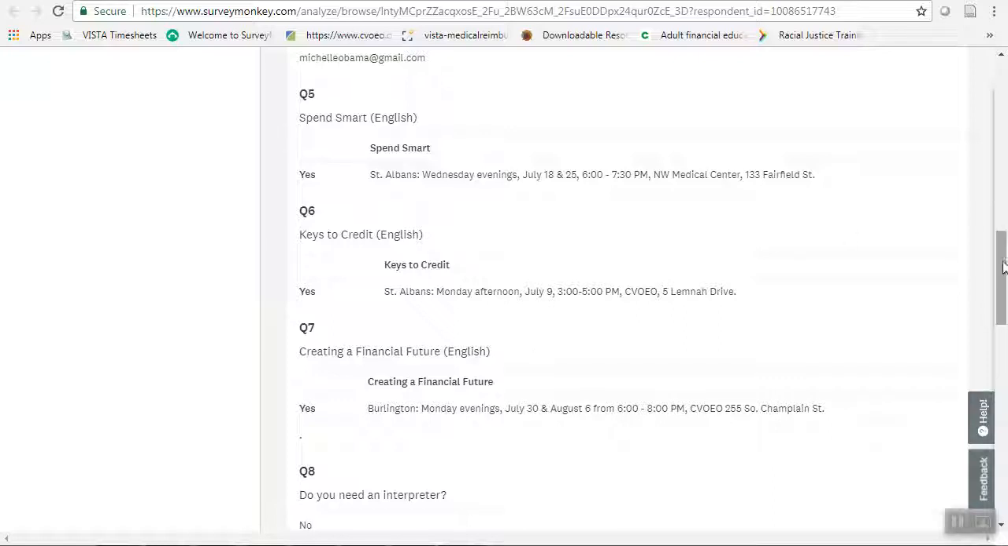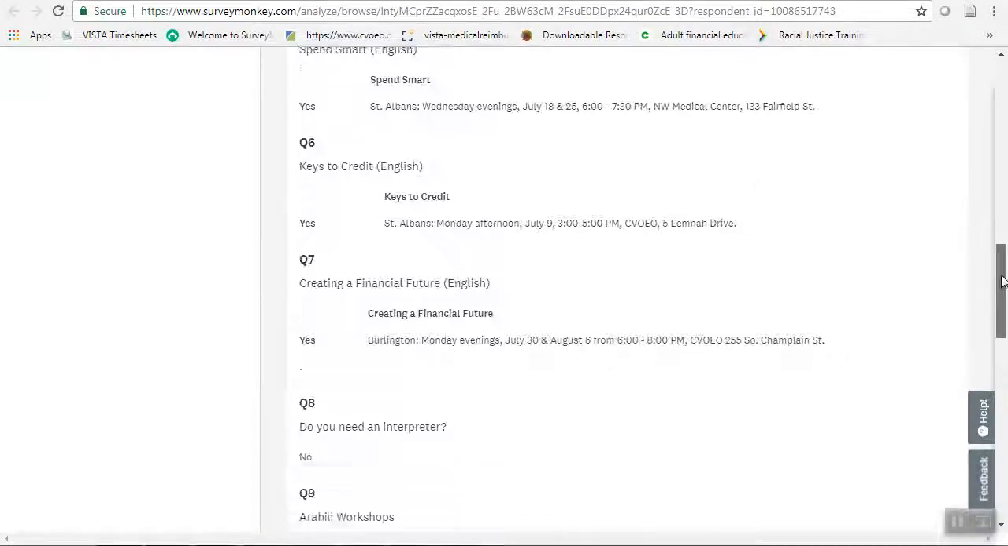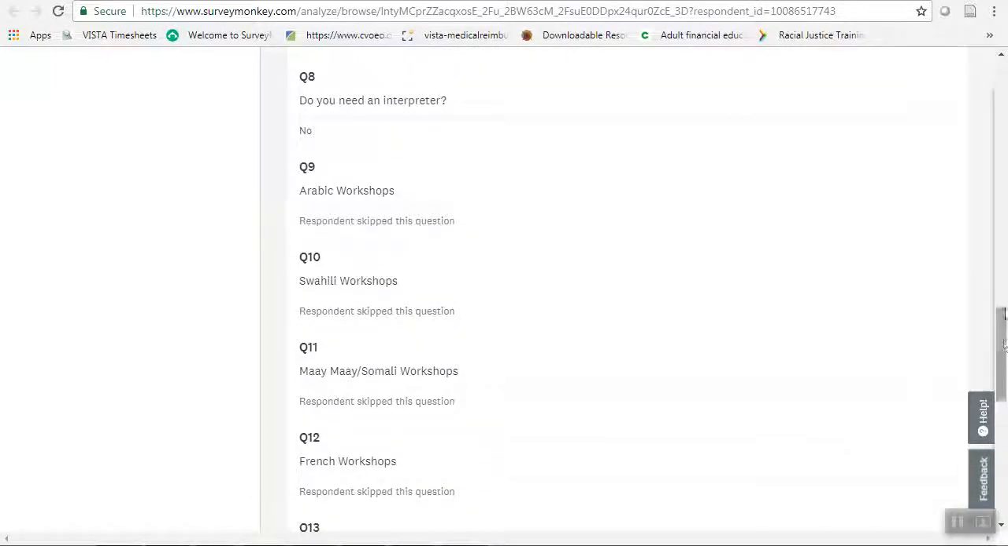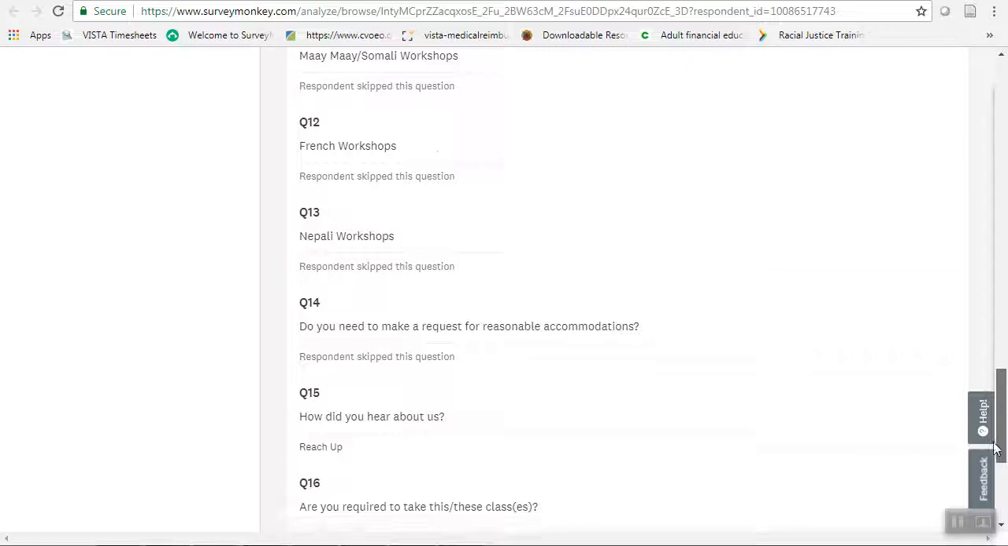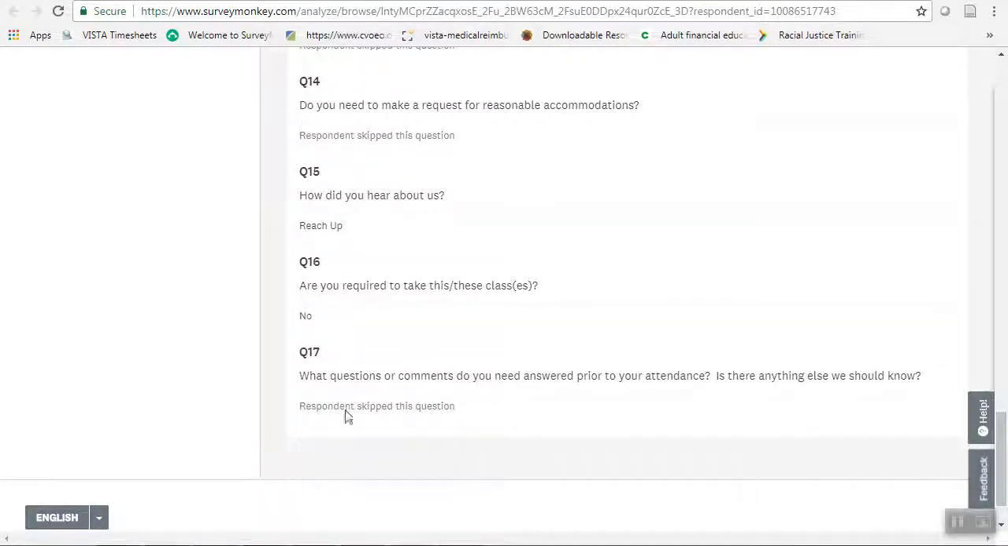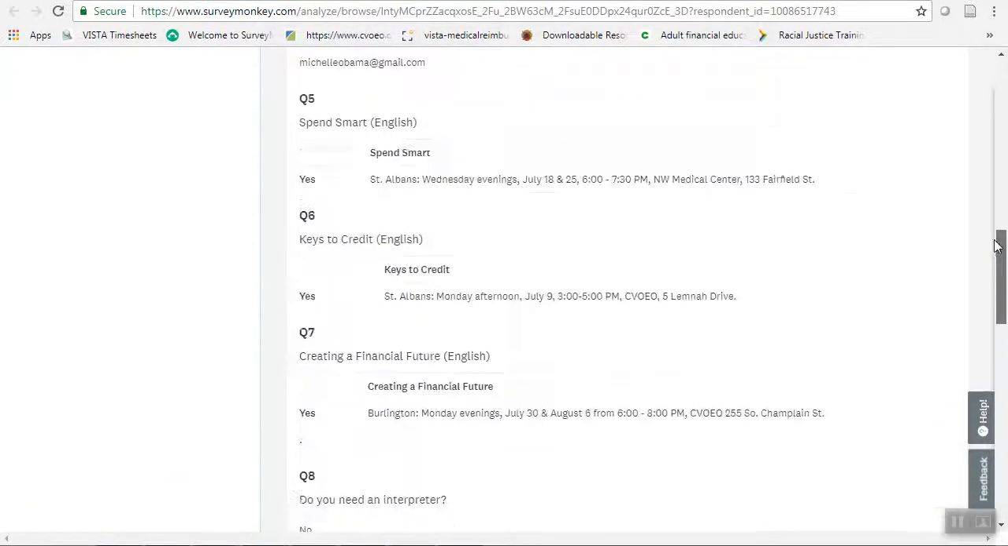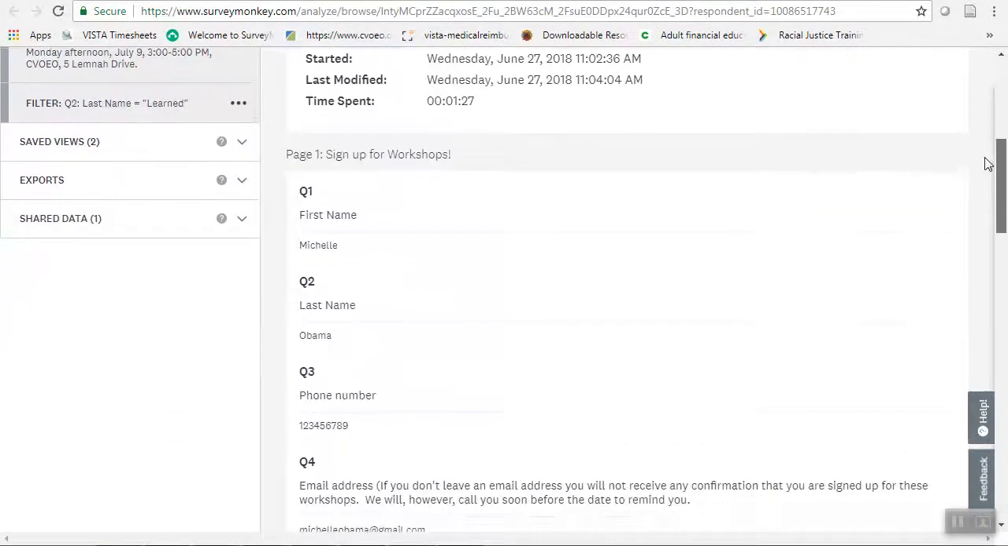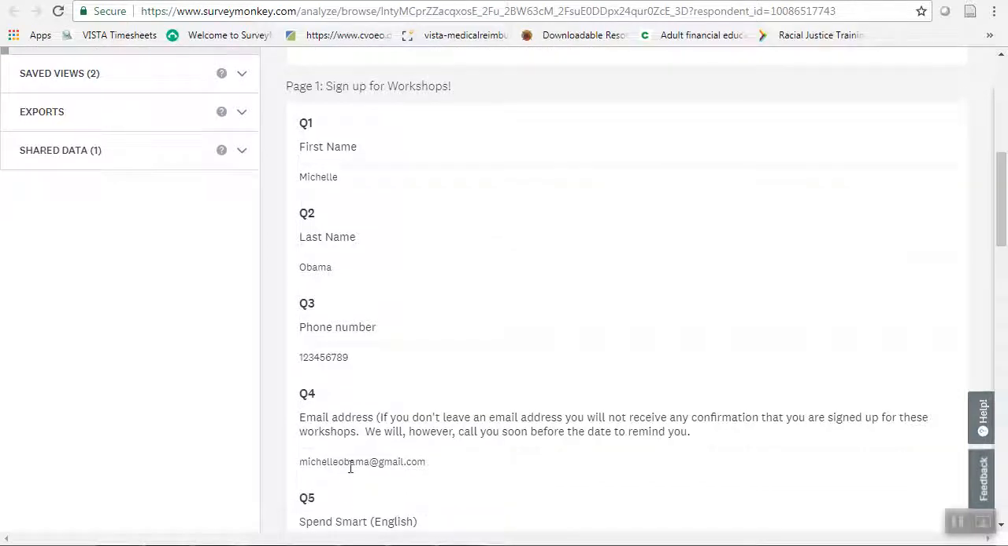We have already taken a look to make sure that there is space available in those workshops still. And we have taken a look to see if she needs an interpreter, has any further questions or requests for accommodations. And so what we will do is use her email address here,